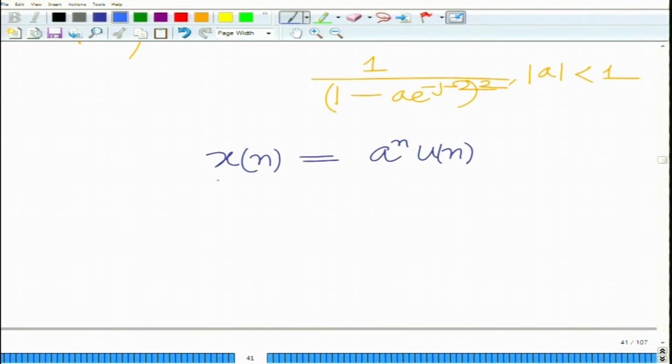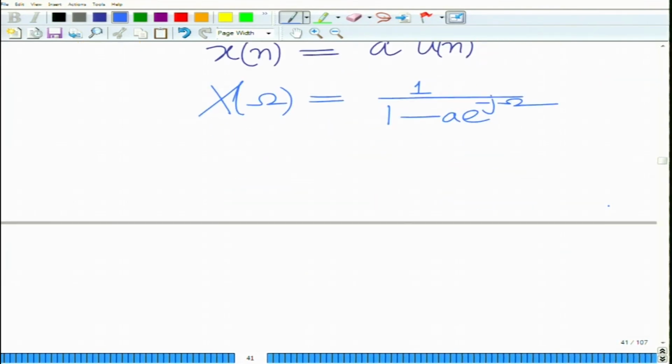If you look at the DTFT of this, you have X of omega equals 1 over 1 minus a e raised to minus j omega. Okay. Now, if you differentiate this,